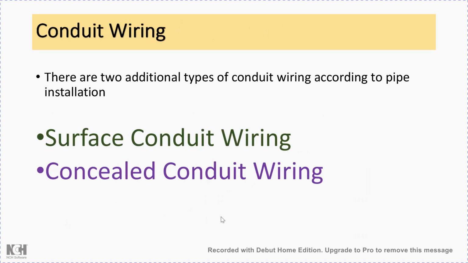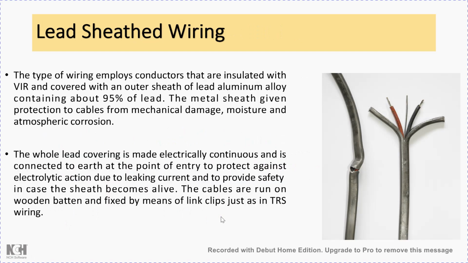Then next is lead sheathed wiring. So to overcome the disadvantages of the previous TRS and CTS type of wiring, this lead sheathed wiring is preferred. In lead sheathed wiring, basically here you can see the insulated conductors are covered with the lead sheath. Okay, so lead sheath will provide additional mechanical strength. Okay, and also it is going to prevent the cable from any kind of mechanical injury. Here you can see it is bent but the conductors inside are completely protected, and it is cut here just to show how it looks from inside and outside.